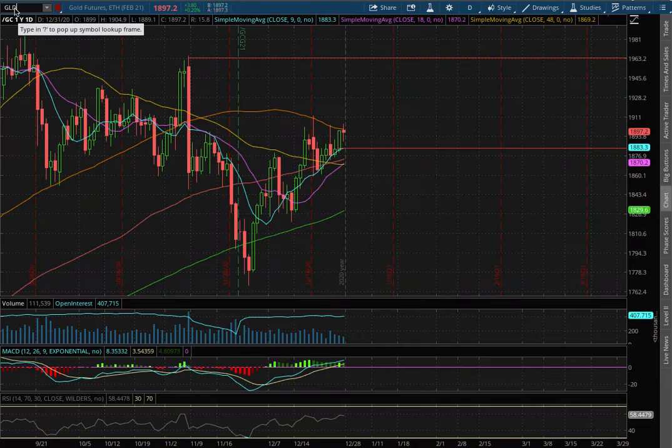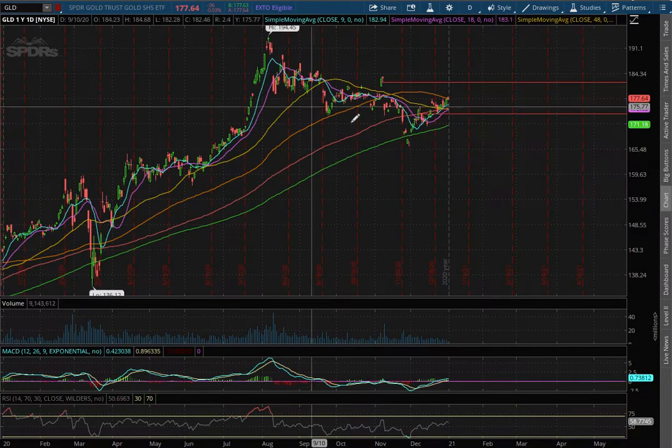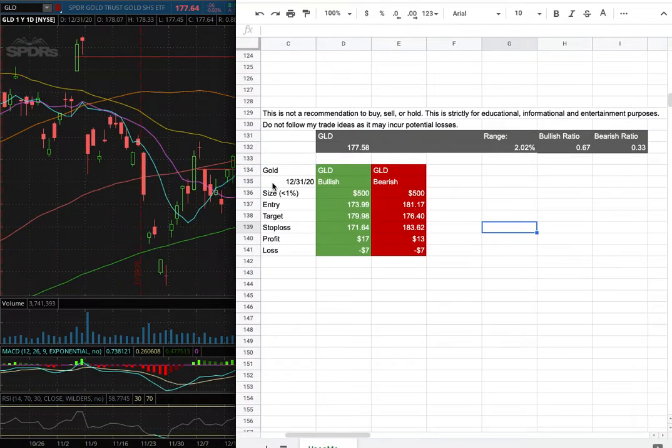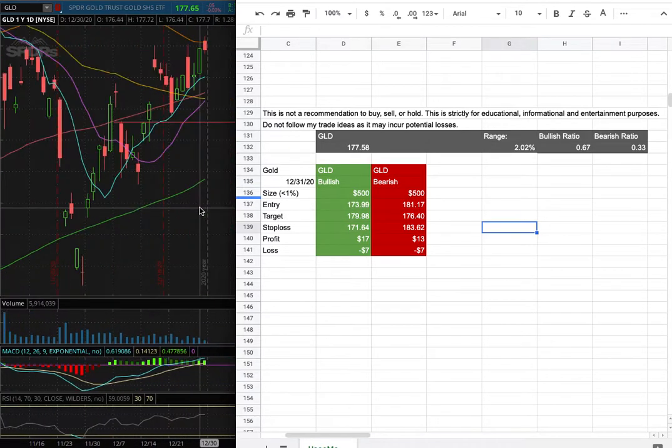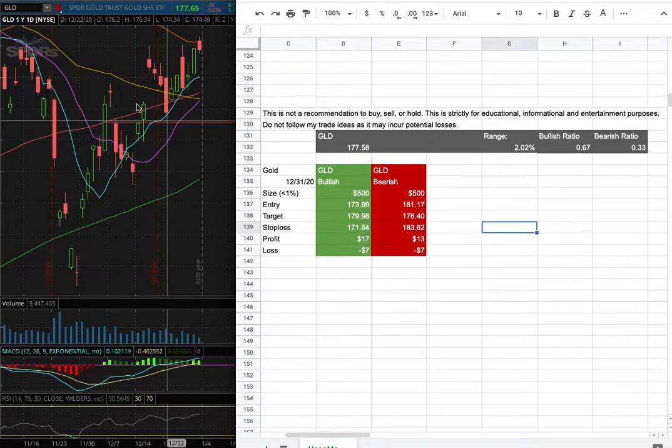As for the trade idea of the week, I'll be trading GLD, and my position size is less than 1% of my portfolio, and my long entry is at $173.99, and that is this range here. My sell target is at $179.98, and my stop loss is at